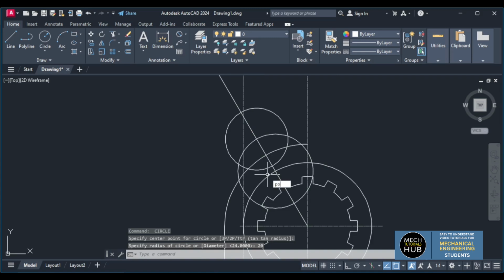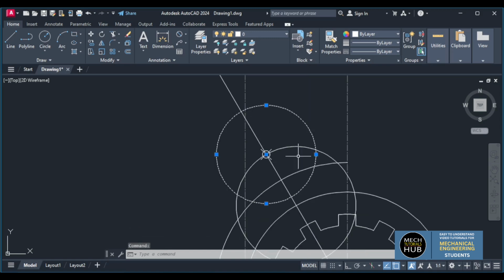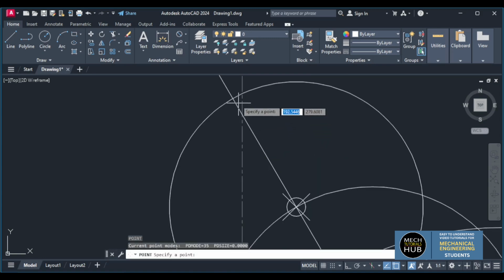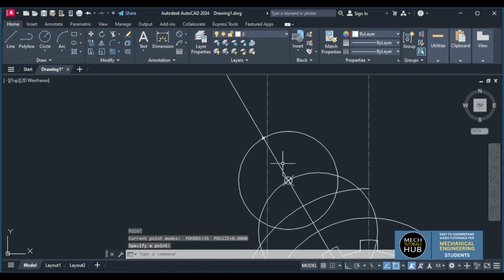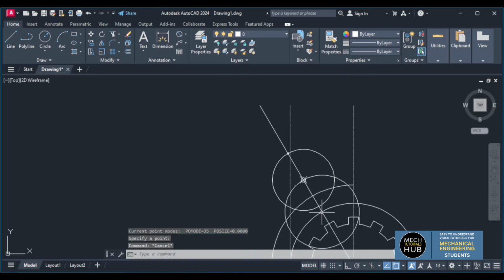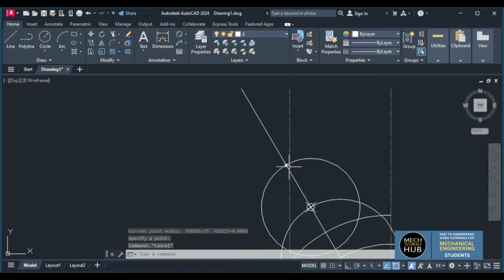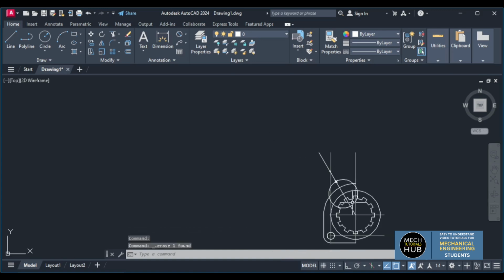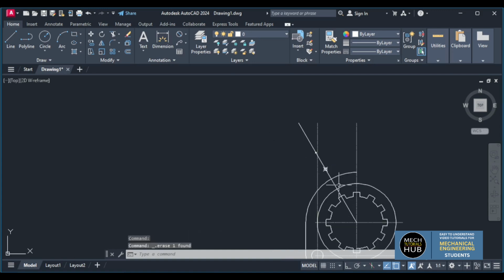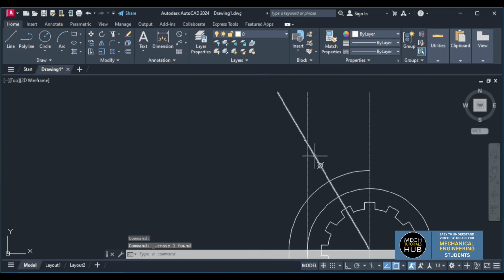So I'll try to keep a point, PO, enter. I'll try to keep one point here and one more point here. Sorry, PO, enter, one more point at this intersection. Okay. Now this is how it is looking. So this circle is not required now. That is the circle I have drawn only for the reference. Okay, at these two markings,